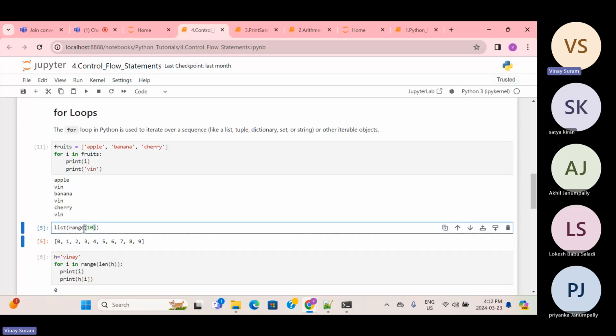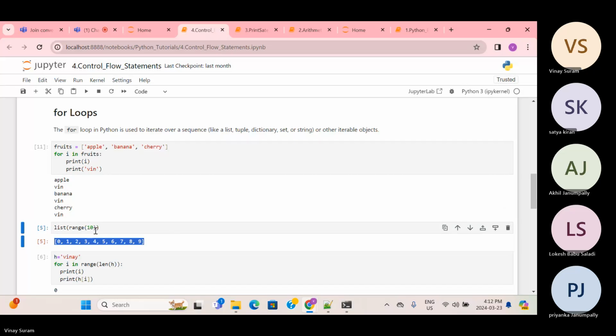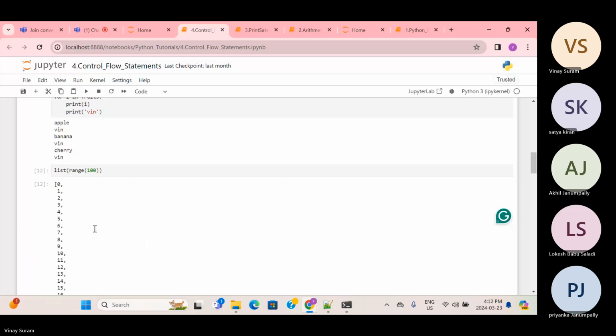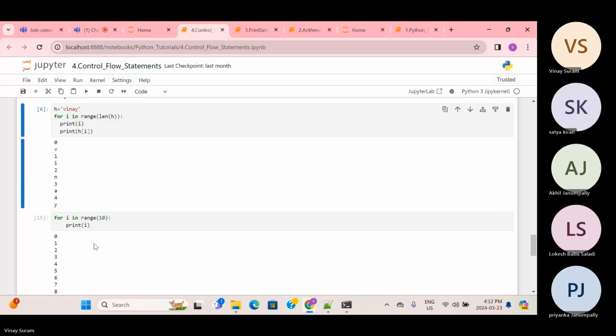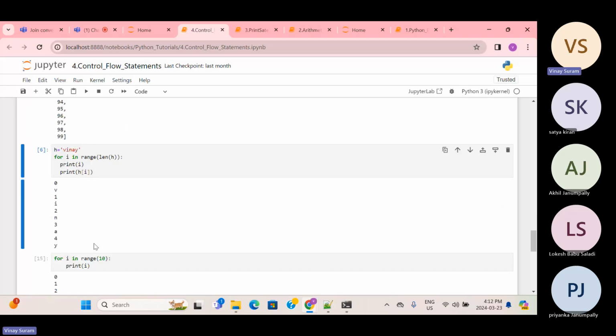Then we have the range function. Whenever you write range 10, it starts from 0 to 9. So just remember the range function. We are converting this range function to a list like this, which provides you the list of elements. If I write range of 100, it will give numbers from 0 till 99. Likewise,